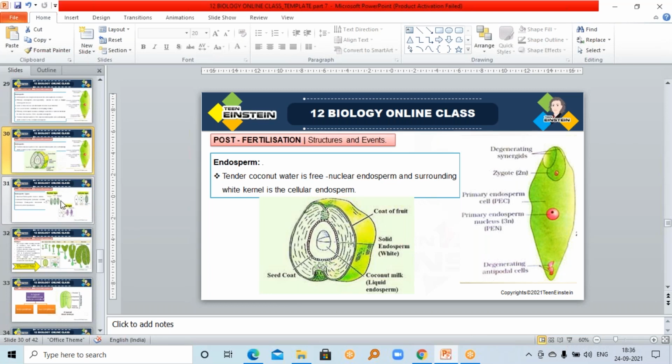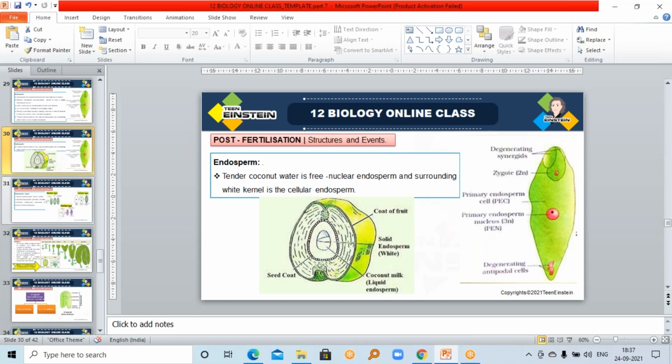So commonly that primary endosperm nucleus undergoes continuous nuclear division and it is forming pre-nuclear form, and that endosperm development is called pre-nuclear endosperm. And slowly that cell wall formation occurs and later it will become cellular endosperm. Okay, the tender coconut water is a type of pre-nuclear endosperm, important MCQ, and the white kernel present in the